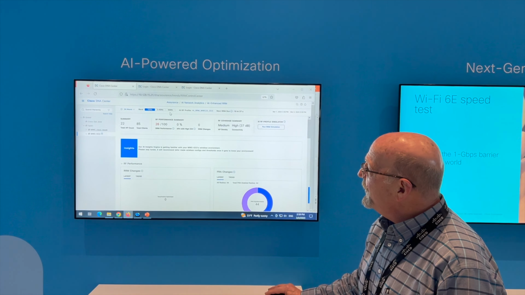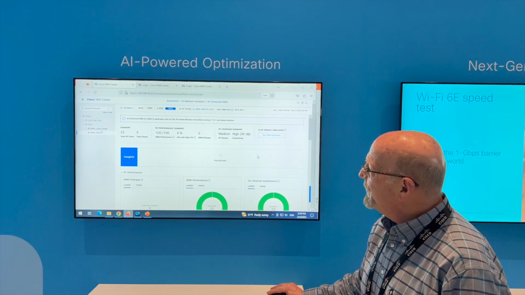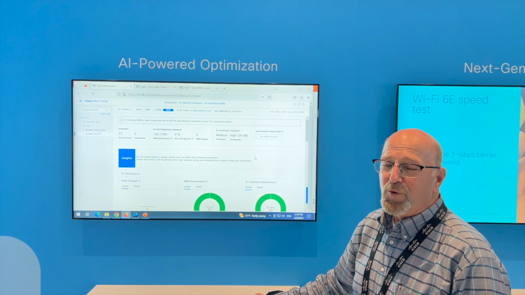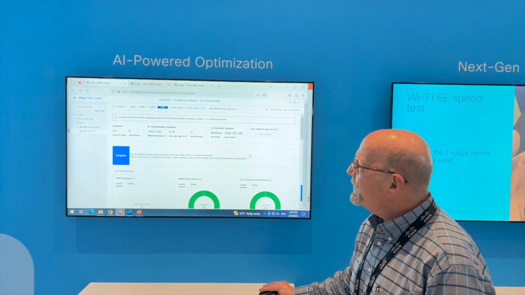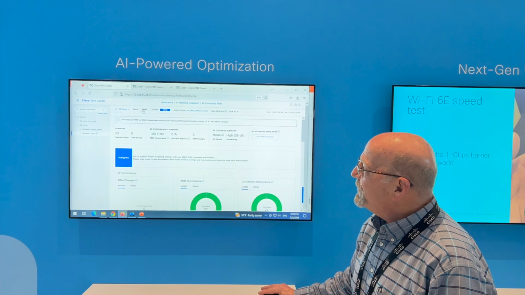If I take a look at the 6 gigahertz metrics, I've got 100% performance capacity there, but that's because 6 gigahertz is not full yet. Getting back to 5 gigahertz,